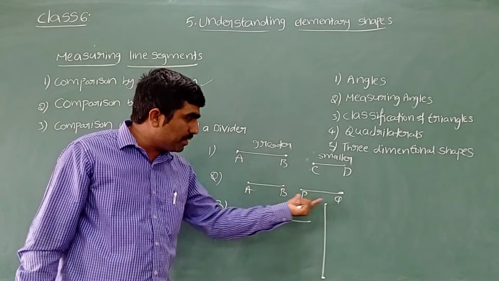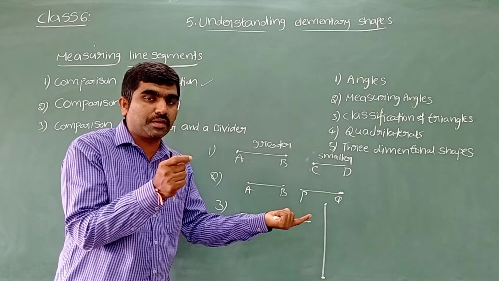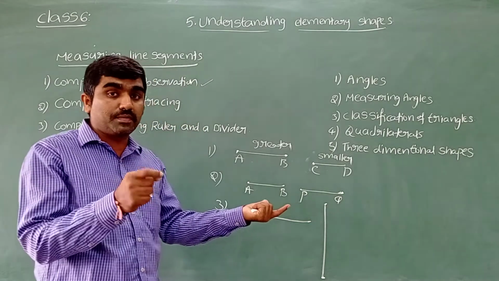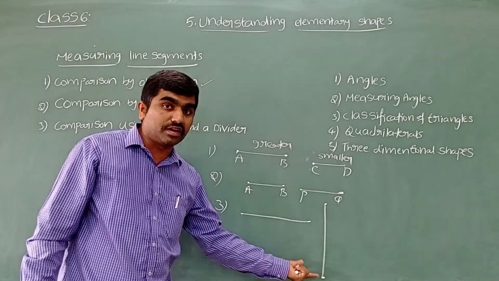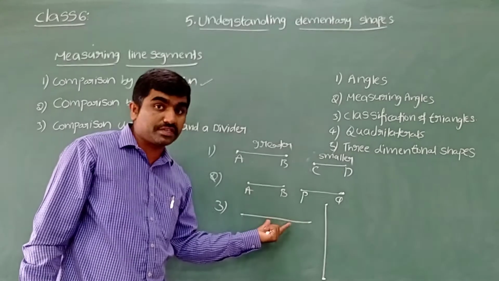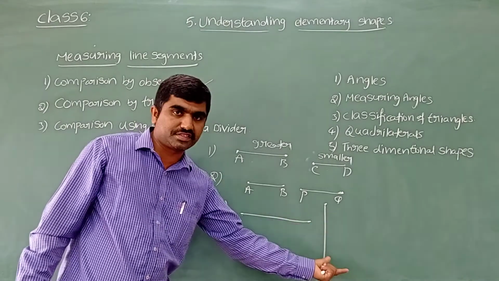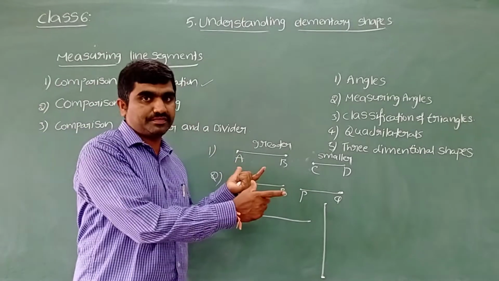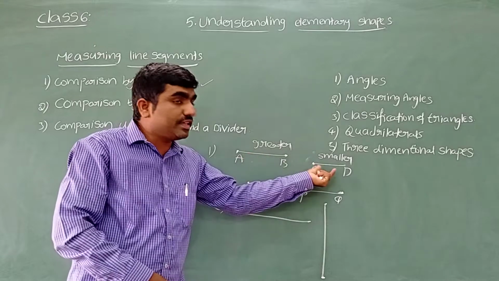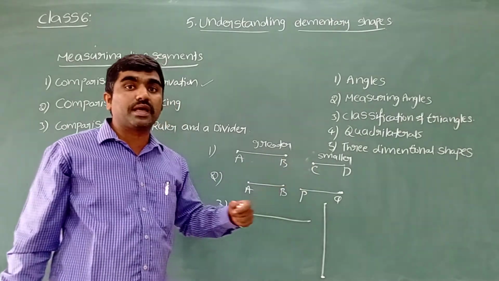Here we can see A, B, P, Q almost look the same. There is a minor difference, like 0.2 centimeters, 0.5 centimeters, 0.7 centimeters. Here one is horizontal, one is vertical. So it's not easy to say the answer by comparing them by observing this. Hope it is clear. When the difference between their lengths is more, we can say easily greater or smaller by observing.